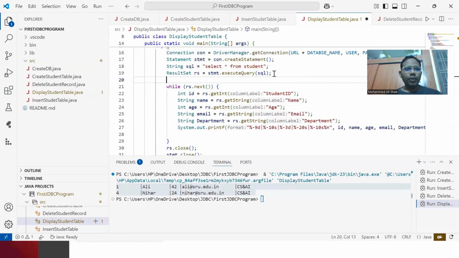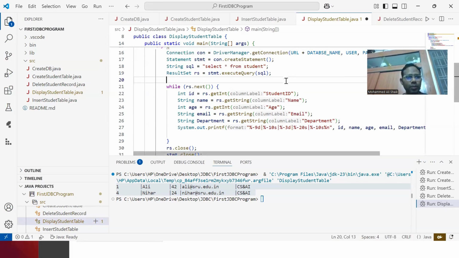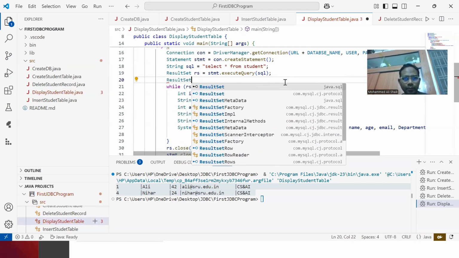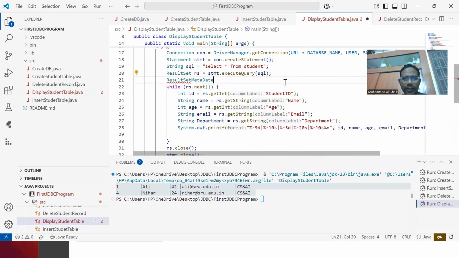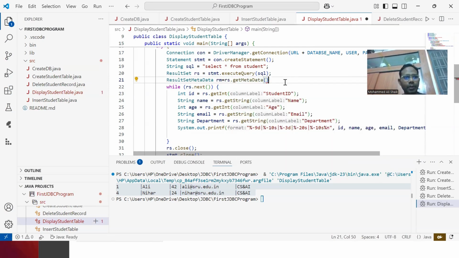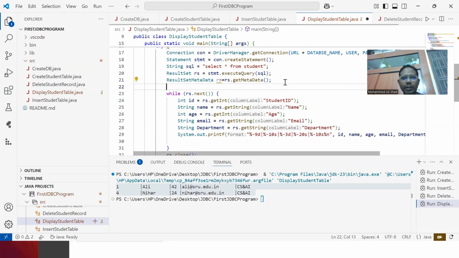Okay. So what we are going to do over here is, result set rs. So here we'll take ResultSetMetaData, say rm is equal to rs.getMetaData(). So this is going to fetch me all the attribute names that are available in the